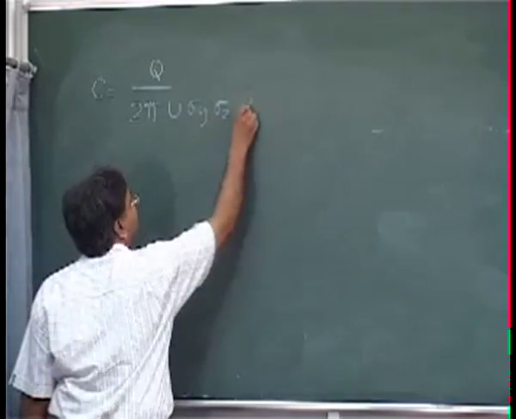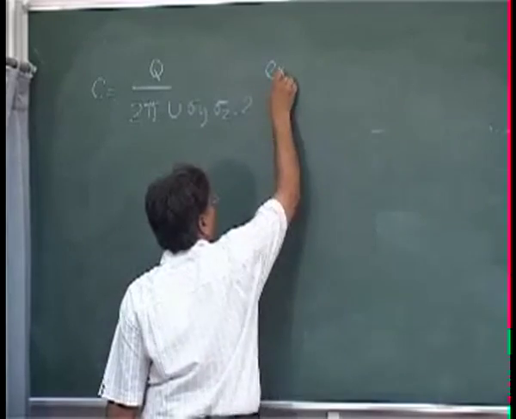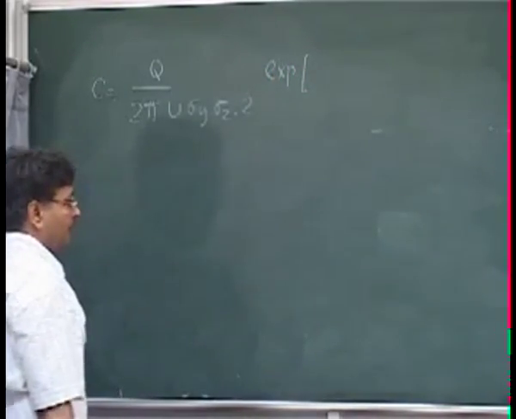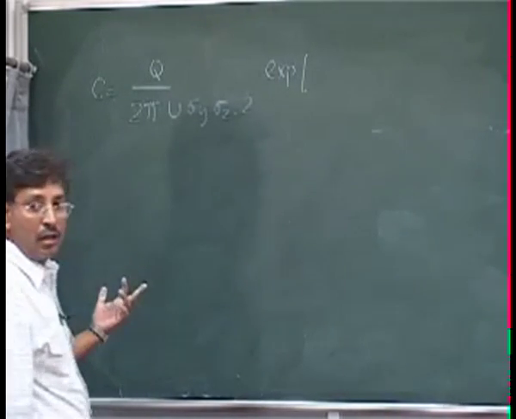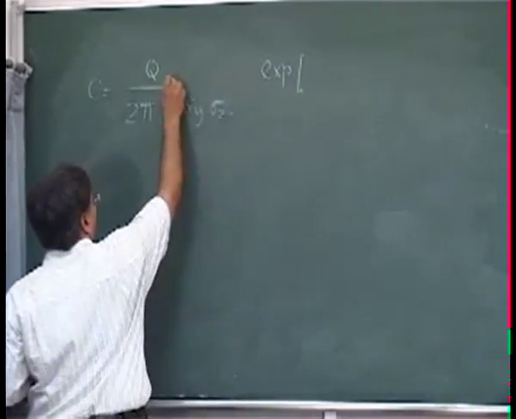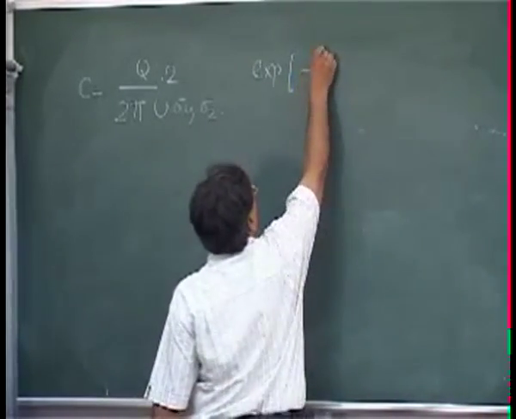Let me write 2 here, and then exponential, the 2 will go up. Exponential minus